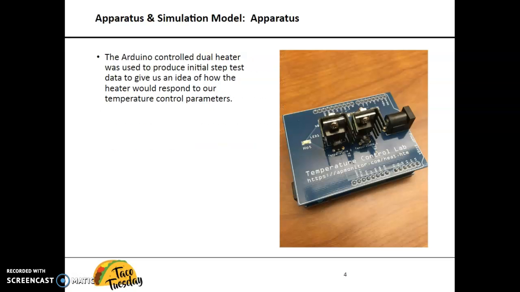Even though most of our programming for our hot plate was based on a physics-based model, we used our Arduino to simulate data and see how our heater would respond to our temperature control parameters. One difficulty, though, in creating our 4-celled hot plate by using an Arduino is that our hot plate's heat transfer from cell to cell is mostly based on conduction, whereas the heat transfer of the Arduino is mostly through radiation and convection. And so the Arduino gave us a rough idea of how we could simulate our